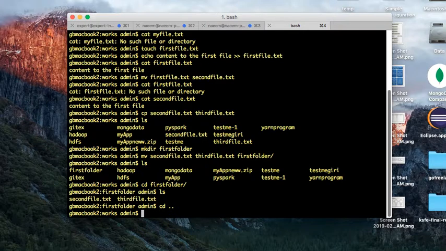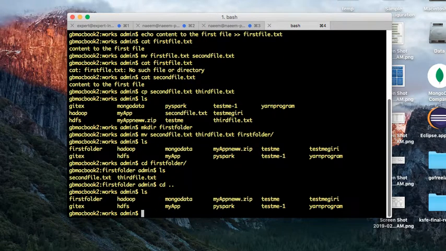Now I just gave cd dot dot for going to the parent directory. So when I give ls, we can see the first folder exists here. Now you want to copy the entire content of the first folder into another folder, second folder. You cannot just simply use cp. If you simply give cp first folder and second folder, you won't get the folder directly